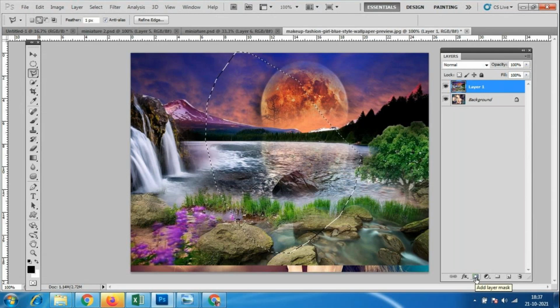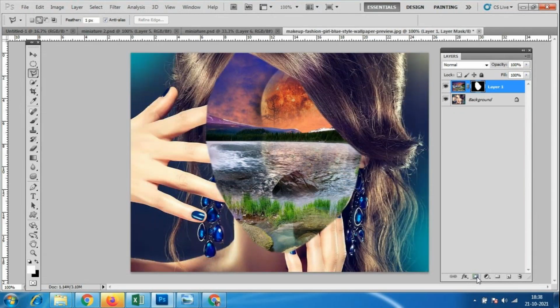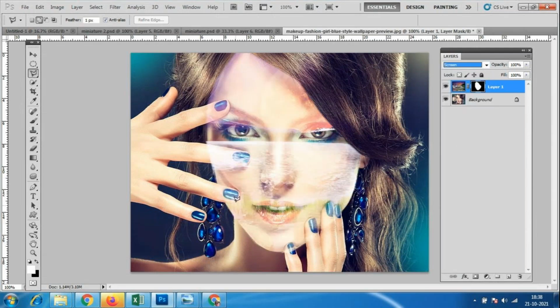First we have to select the background layer, and next we have to go to layer one and I will add the layer mask over here. So however much of the face area we have selected, only that much area will come with the layer mask. So again you can make it whatever options you want. Look here, only the area we selected will get this effect.